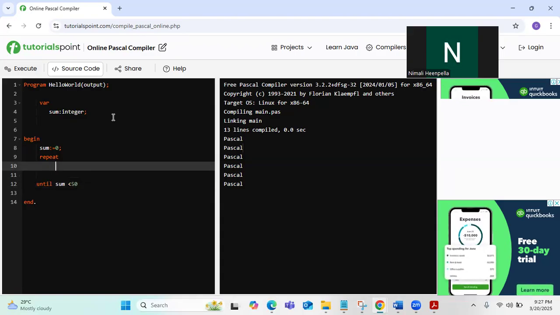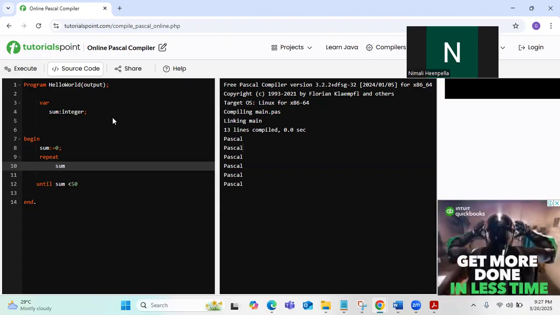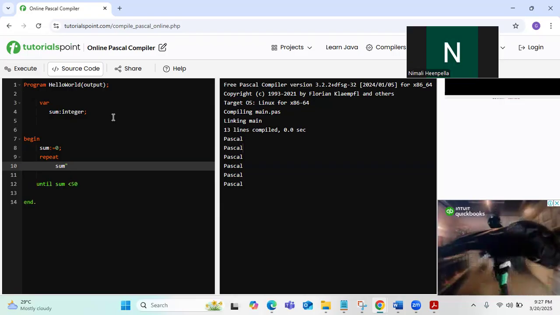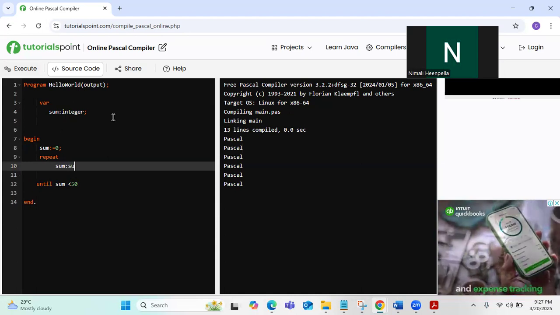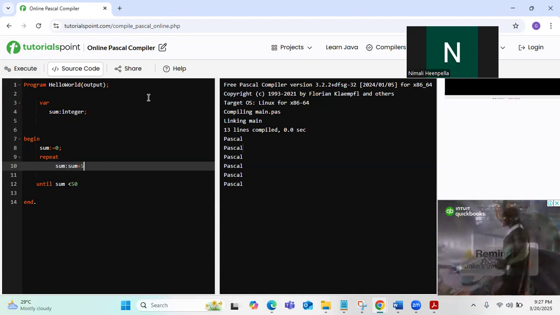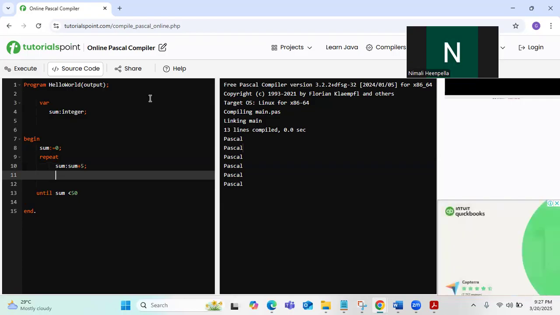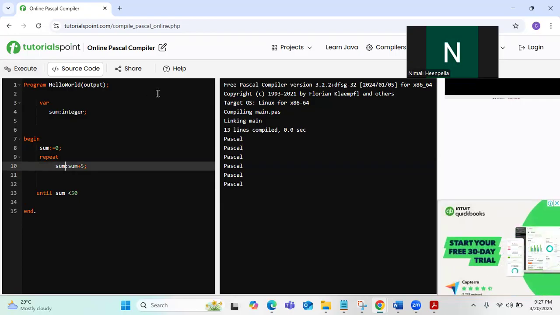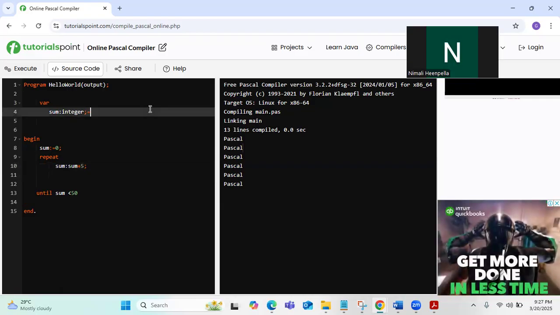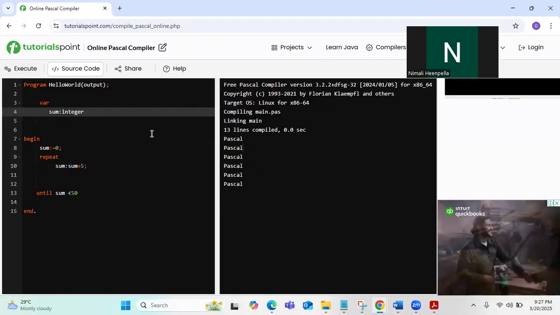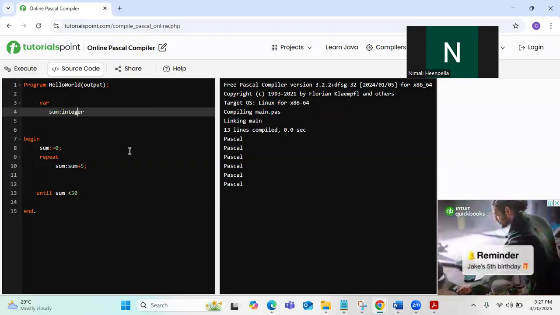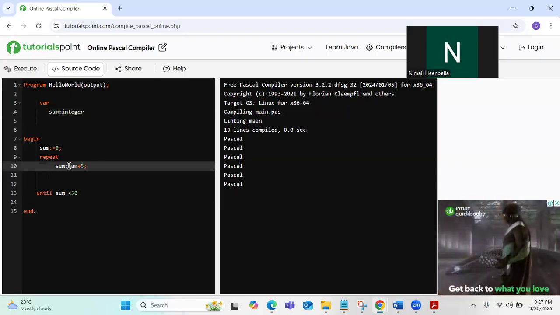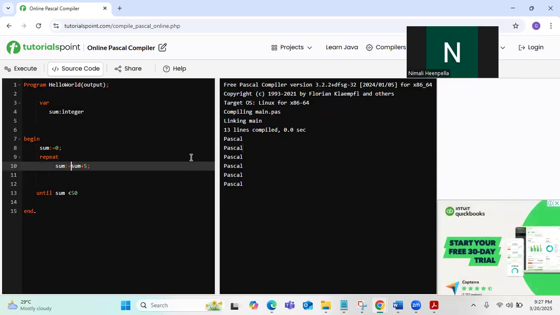Inside this loop, we'll be saying sum is equal sum plus 5. Okay. Sum is equal sum plus 5. Then writeln